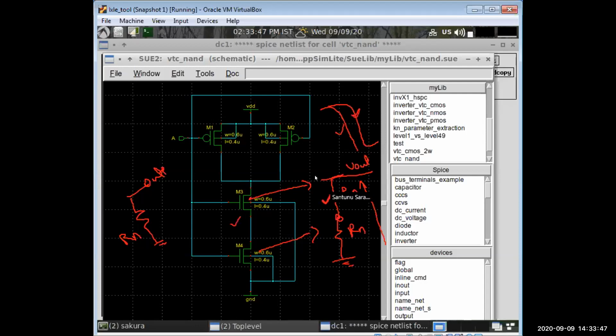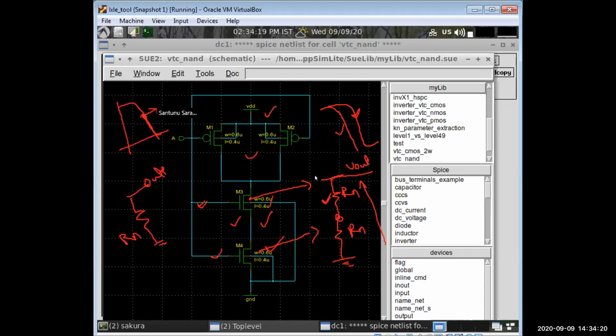That's why in nomenclature we can say either it's weak or it's strong. Resistance is more, resistance is less here. So in this way we can say. When both are 1, both will be on, so resistance will be more and the drop will be more. Drop will be more means the transition point will shift right. Initially the output was here, that was the transition point. Now the transition point will shift.